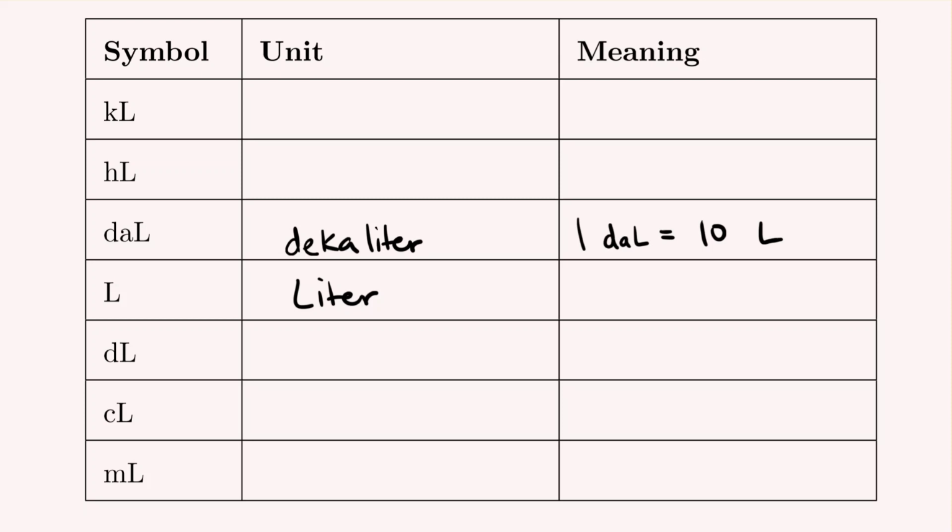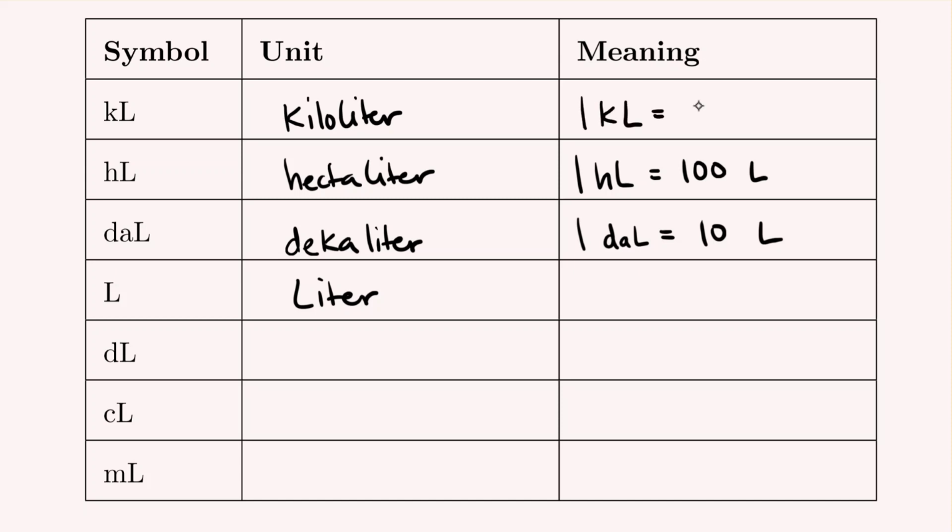Next, we have our hectoliter. And we know hecto is the idea of 100, so 1 hectoliter is equal to 100 liters. Next, we have our kiloliter. And we know kilo is the idea of 1,000, so 1 kiloliter is equal to 1,000 liters. And below in the bottom of this chart, we have the fractions of a liter. So not a whole liter, but a portion. So first up is our deciliter,